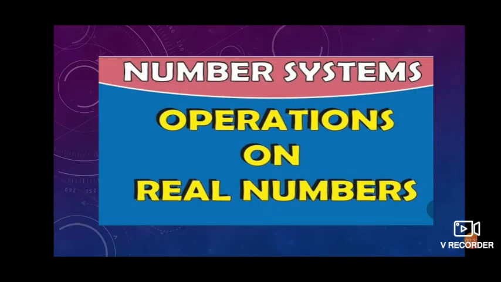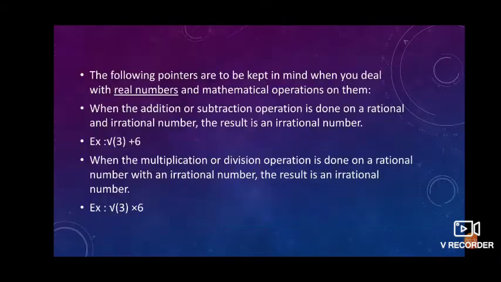Now in this video we are going to see operations on the real numbers. Means basic arithmetic operations like addition, subtraction, multiplication and division. Now, in real numbers, we have again two types, that is rational and irrational numbers. In earlier standards, we already learnt about the rational numbers. Whenever we add two rational numbers, we get a rational number. Whenever we multiply two rational numbers, we get a rational number. Like that. Now, if we take real numbers, we have both rational and irrational.